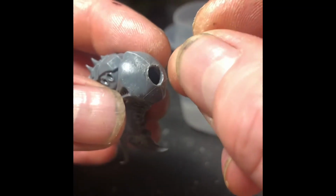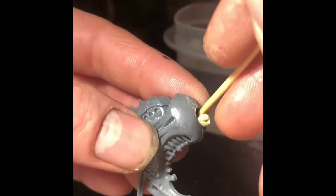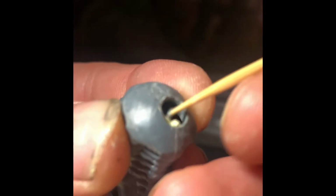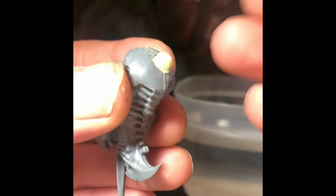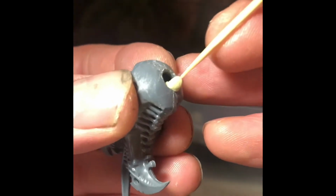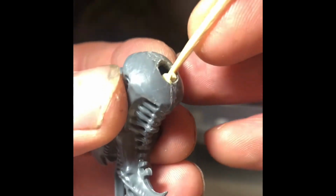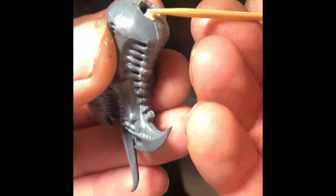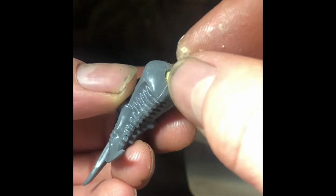And then for the head, I didn't want to pack the whole head completely full of milliput, so what I'm doing is I'm not shoving it right in there. I'm kind of putting it on the edge, wetting down a toothpick or a skewer, and trying to press it against the sides and not back towards the open cavity of the head. And then I'm just going to build it up around all sides, or at least 3 sides. Again, just using the toothpick that is wetted down so the toothpick doesn't stick. And when you get something like that,